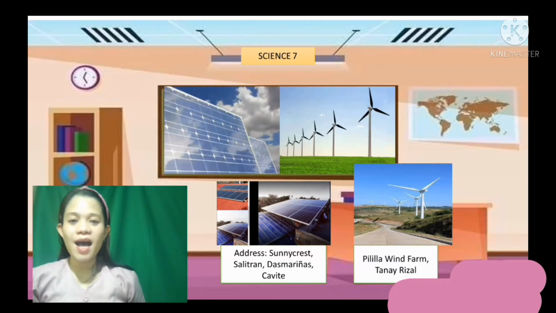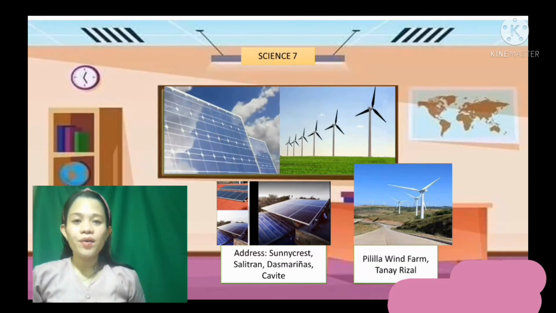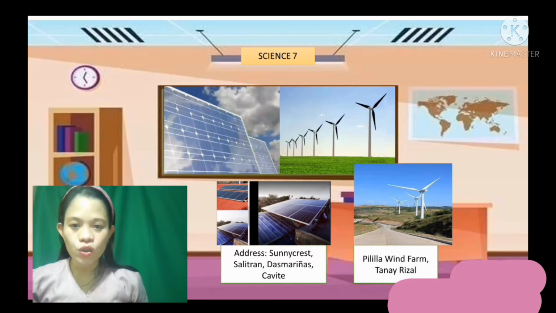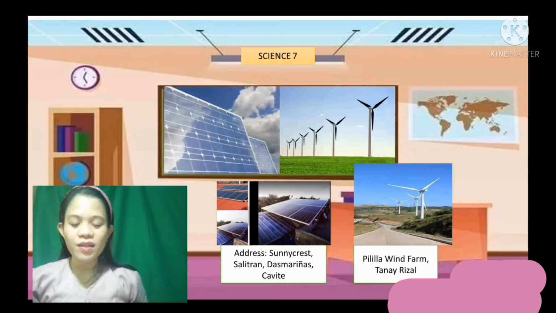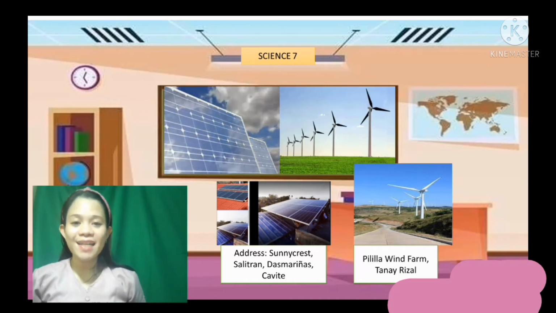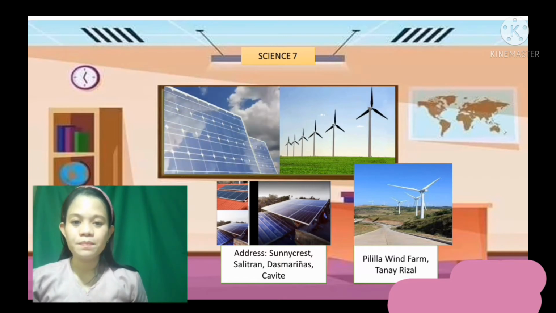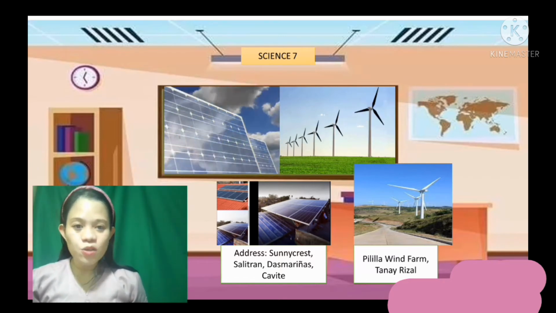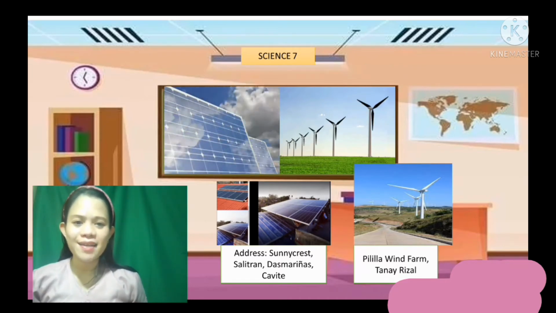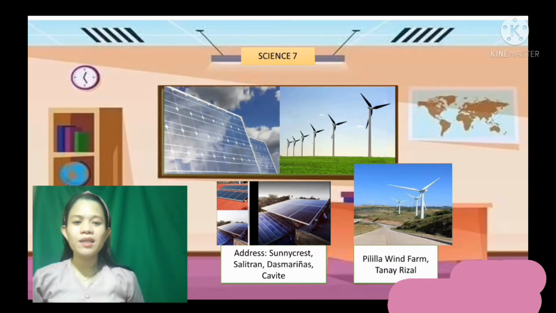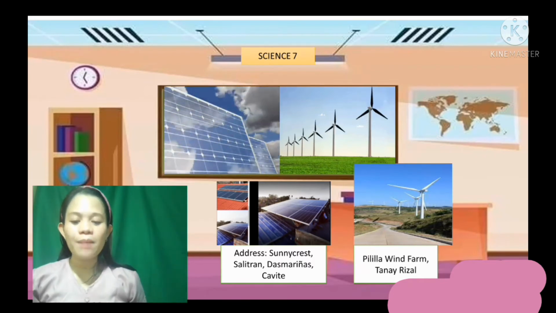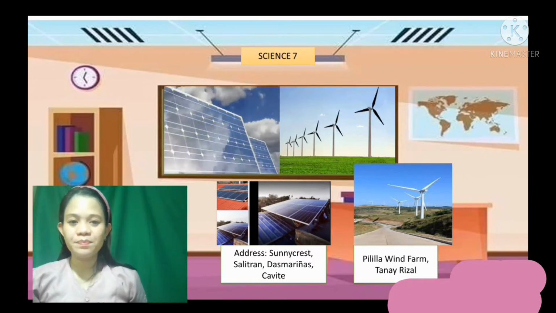So, solar energy have a photovoltaic cells. So, kung nakikita niyo po dyan sa picture, yung mga white na dots dyan, so that is a photovoltaic cells which is to convert sunlight into electricity. Okay, for the next one picture, okay, so familiar po sa lahat yan, that is a windmill or tinatawag natin na wind power plant. Okay, so the wind power plant is a type of working engine.